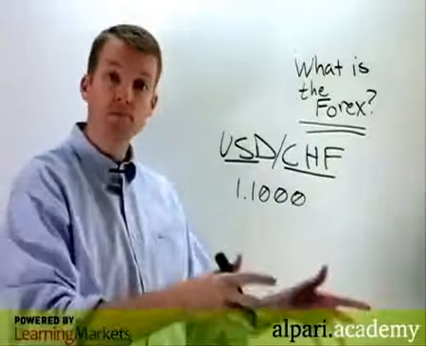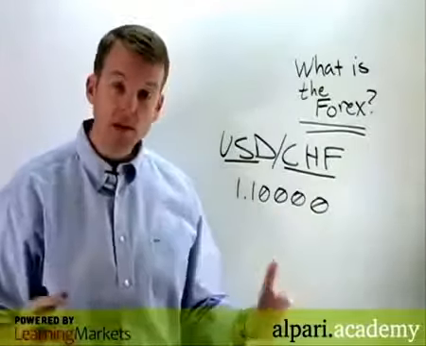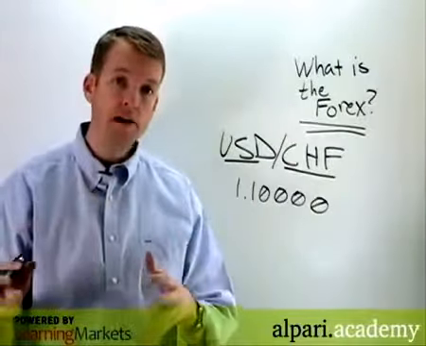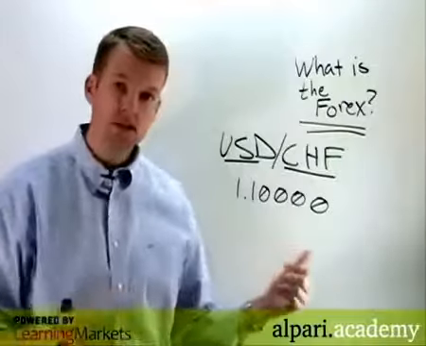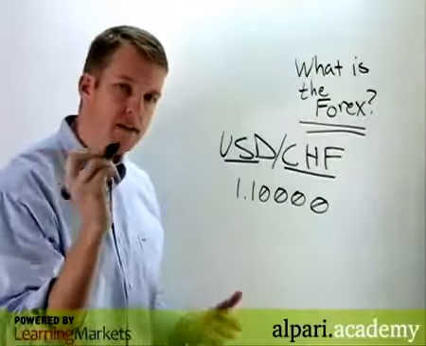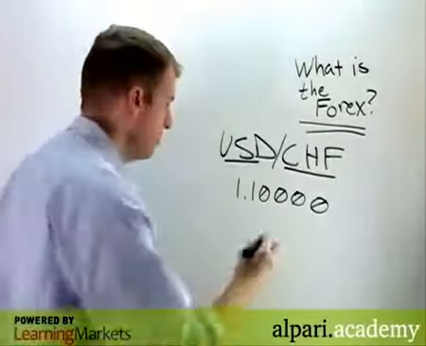Now some time has elapsed, the relative value between these two currencies has changed, and they now have an exchange rate of 1.1000, or in some cases you'll see a quote taken out to the 5th decimal place. So it's changed. Essentially we've lost 1,049 pips in the exchange rate. It's actually dropped that much. But this actually worked out in our favor, because what's really happening here is that we have our 602 francs, and we're going to convert them into dollars.